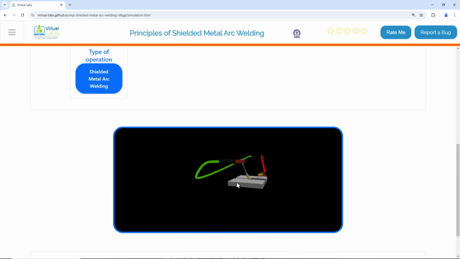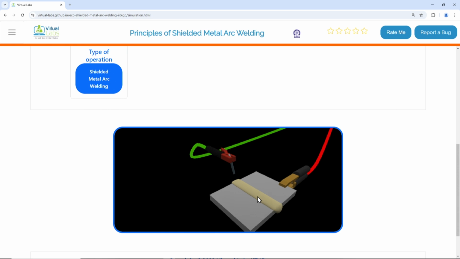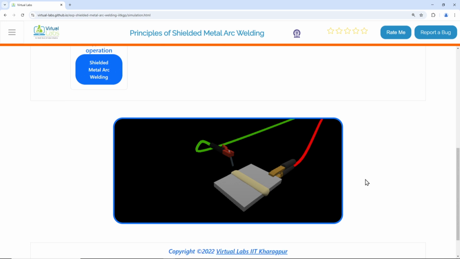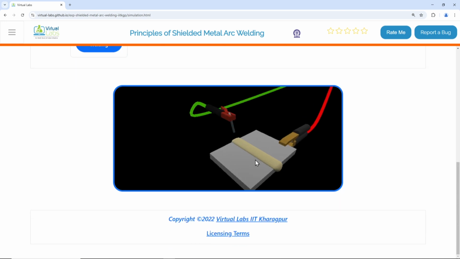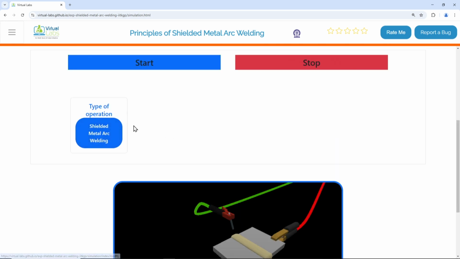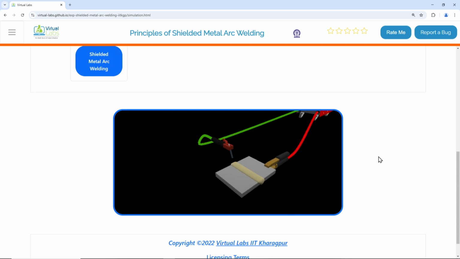I can zoom it out. It is showing the butt joint completed here. This is simple, I would say, simulation or animation here, but we can keep picking different options. If not in this experiment, in multiple other experiments, different options could be chosen.